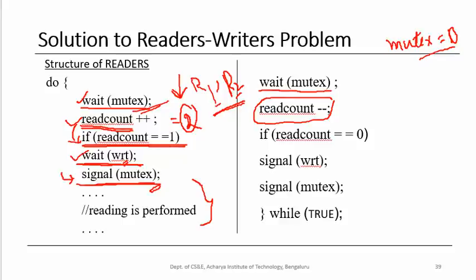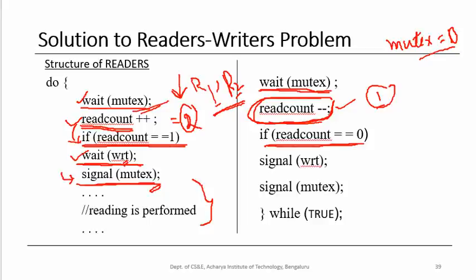Now when the reader is coming out, it will execute the wait on mutex, and if mutex is 1, then it captures it, it makes it 0 so that no other reader can access this shared variable read count, and decrements the value of read count. So one reader is going out, so it decrements the value of read count. If the read count is not equal to 0, that means some other reader is still reading from the database. Okay, so if read count is equal to 0 after read count minus minus, it means that the last reader is